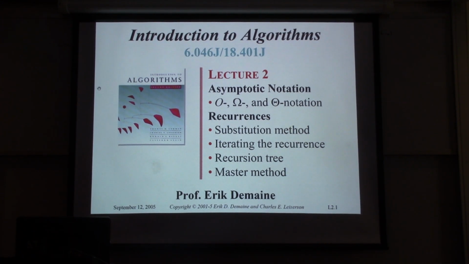Okay, so this just tells you what we're going to be talking about. We already know about big O, big theta, and big omega notation. We know all this stuff. We're going to look at iterating the recurrence, the recursion tree method, and also a very important algorithm called the master method, or the master algorithm, and when it's applicable and how to work it. All right,